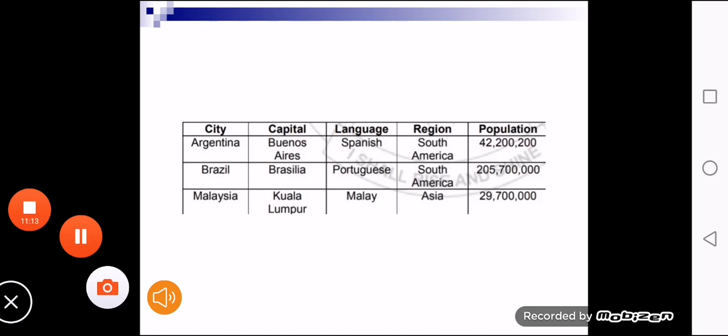Although their language and population are different, and their capital city is also different, if we just see their region, then there is duplication of values. So here we can assign country name as a primary key. We can also assign the primary key field to capital city name,